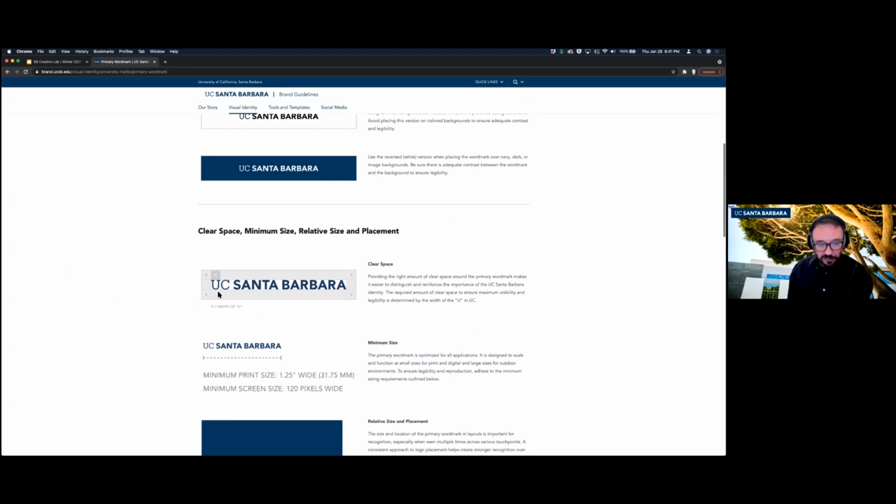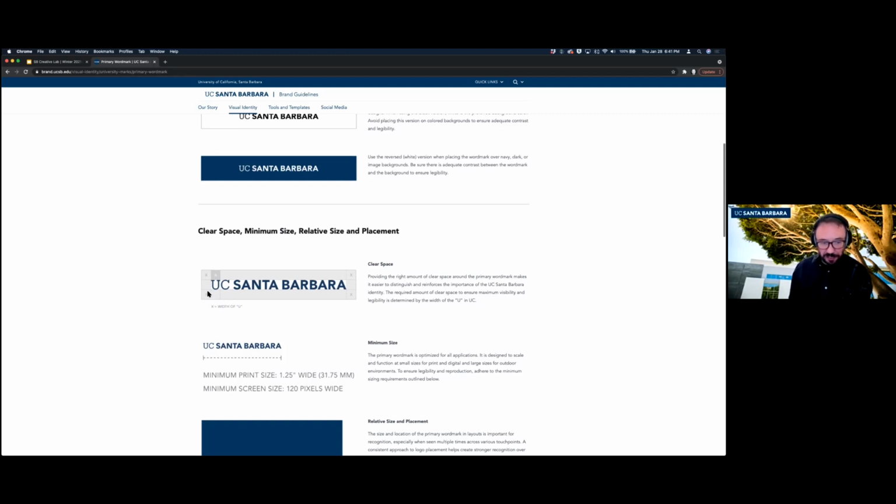And the reason for this is simple. One of the things that can make or break a design is proper margins around things, proper spacing of elements. And it's the most critical around the identity. We want the identity to be very clear. We want people to know who's communicating to them. And so for this reason, we have this very simple thing: don't put anything closer to the word mark than the width of this X.